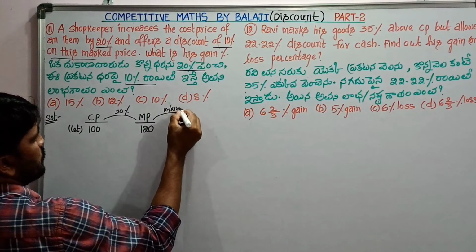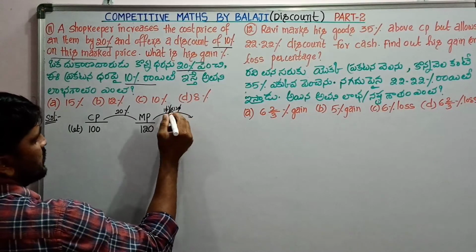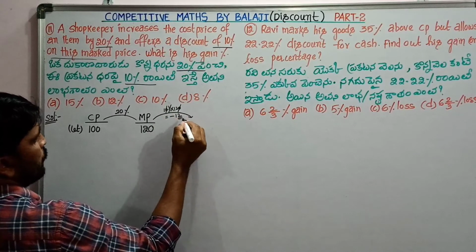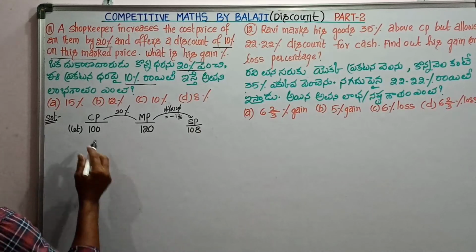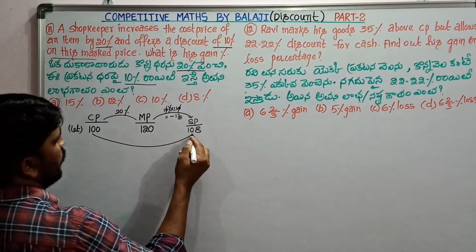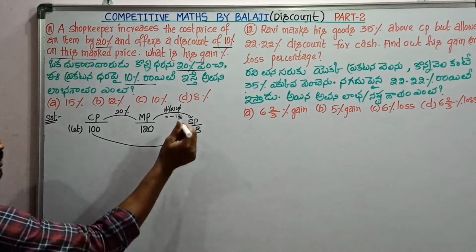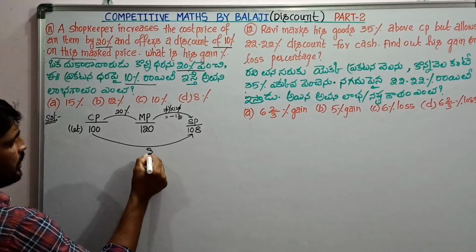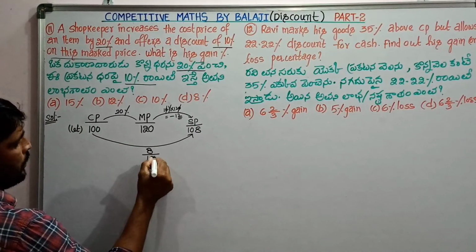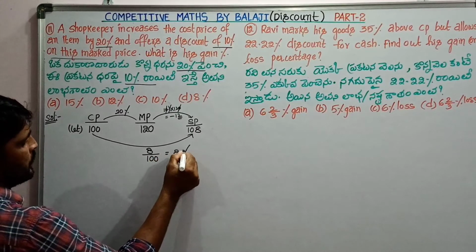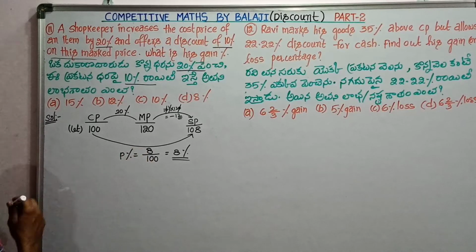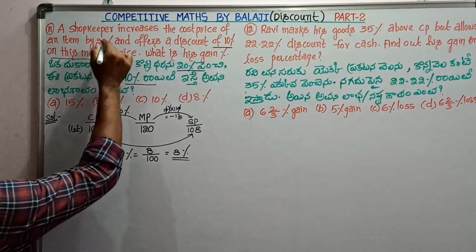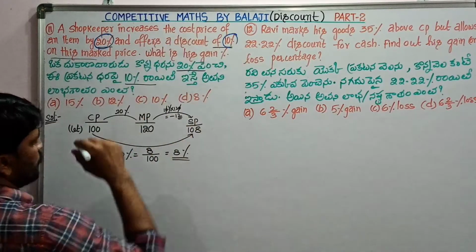10% of market price 120. 0 gets cancelled. Discount is 12 units. So selling price is 108 units. What is his gain? So goods with cost price 100 rupees are sold at 108 rupees. There is an 8 rupees profit over 100, which is equal to 8% profit. Profit percentage is 8%. Let us see it by the ratio method. Since percentages are not typical, we can use the ratio method here.